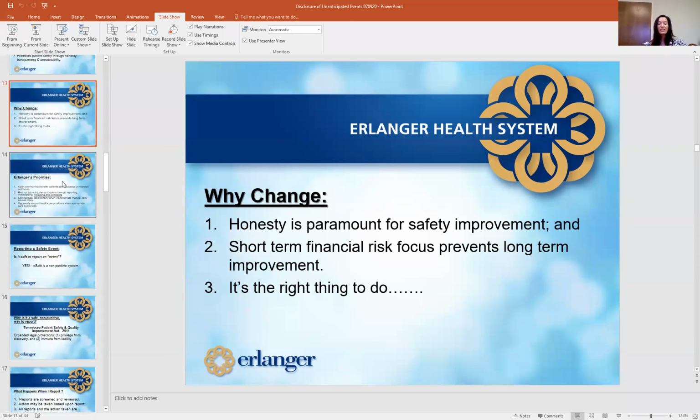And according to the Institute of Medicine, if you just take one category of medical error, let's say medication error, for instance, studies show that almost 400,000 preventable drug-related injuries occur every year in hospitals. And that cost, talking about your short-term risk cost versus your long-term cost, just in financial terms, is estimated at $3.5 billion. So we were missing the forest for the trees.